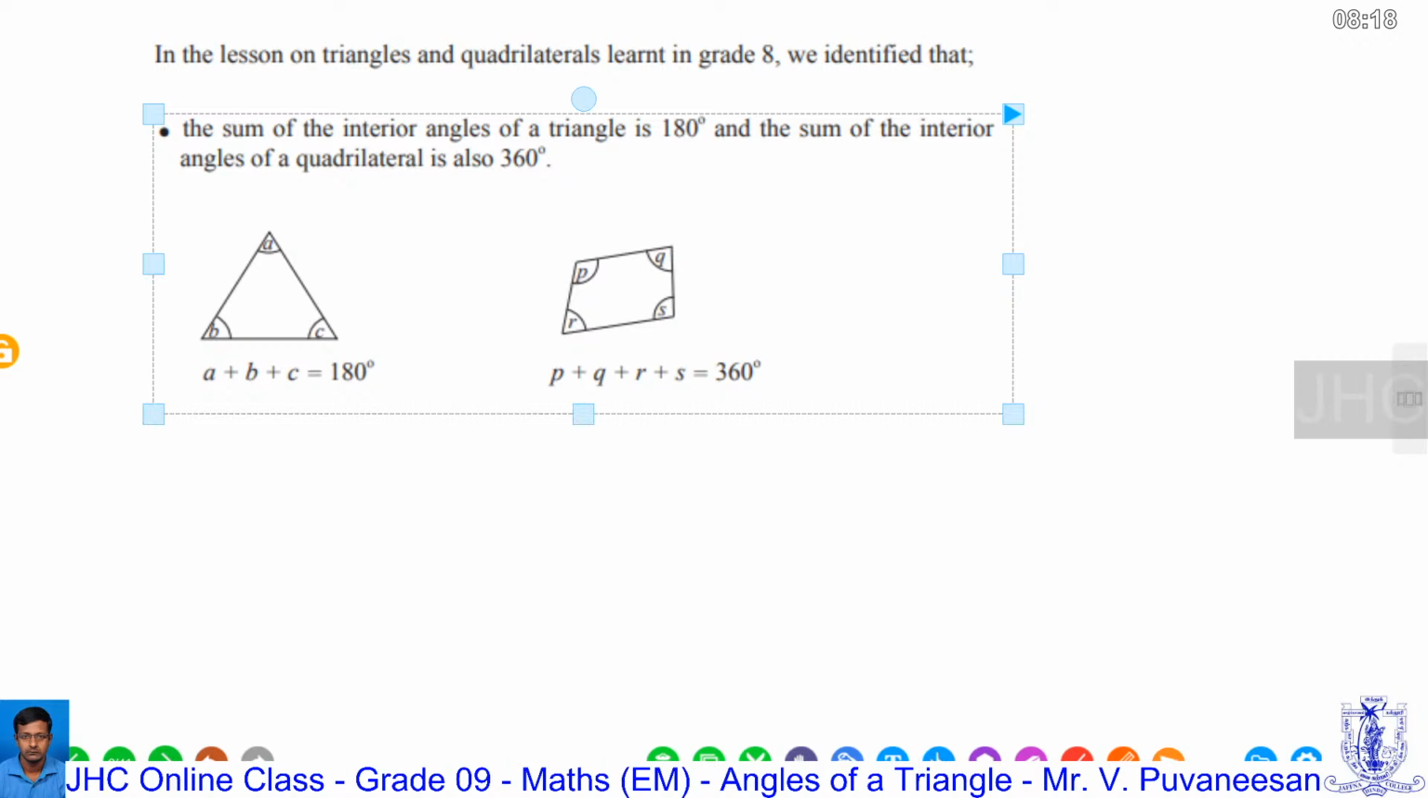The sum of interior angles of a triangle is 180 degrees. The sum of interior angles of a triangle is 180 degrees, and the sum of interior angles of a quadrilateral is 360 degrees. This is what we learned in